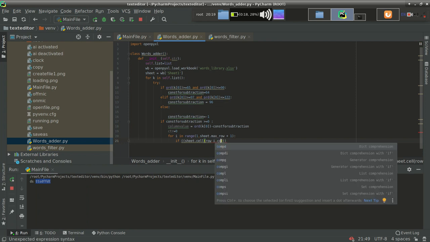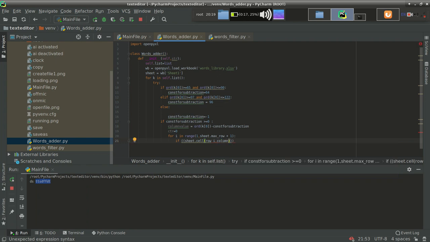We have got the column value. If column equal to column. Actually it should be row equal to i, not row i. Yeah, that's fine. And column should be column right value.